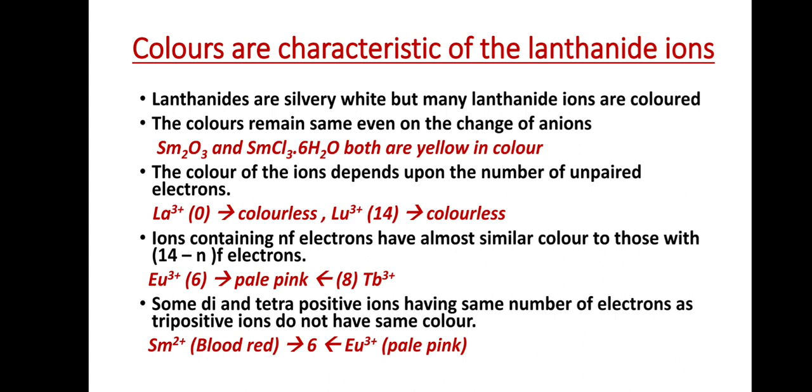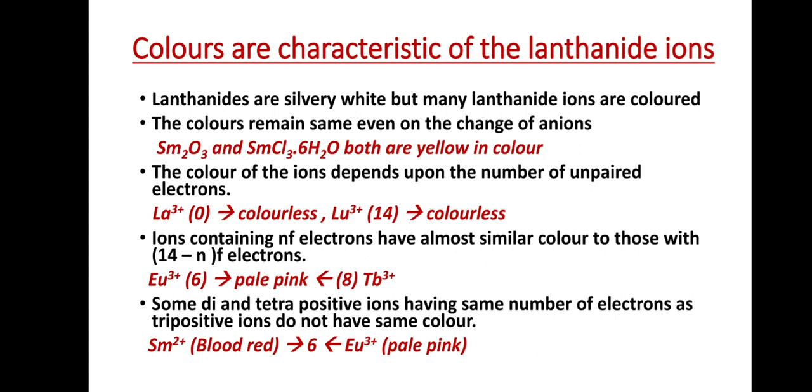But except them, for example, if you consider praseodymium in its 3+ oxidation state, the number of 4f electrons is 2, and there is a color possibility for it, and it is green. Similarly, if you consider another example, promethium in its 3+ state, it has 4 electrons present within the 4f subshell, and the color of it is pink.